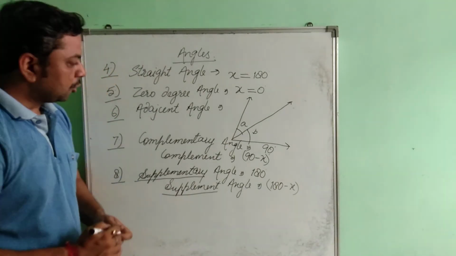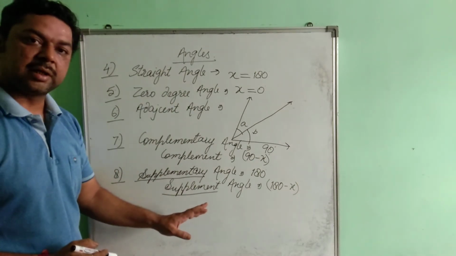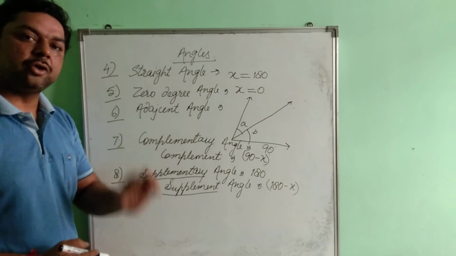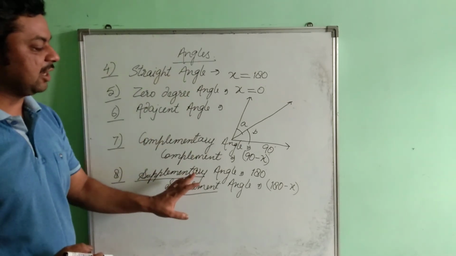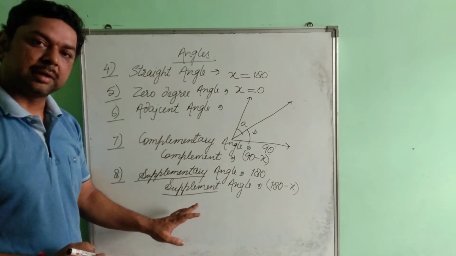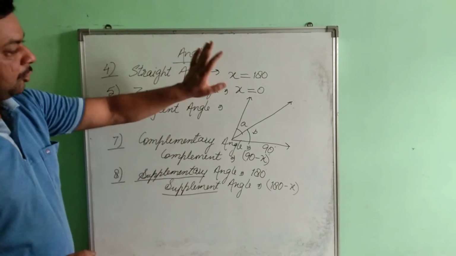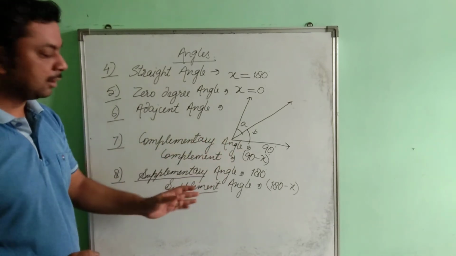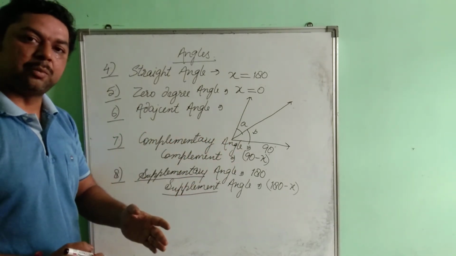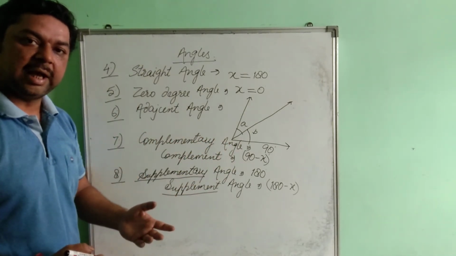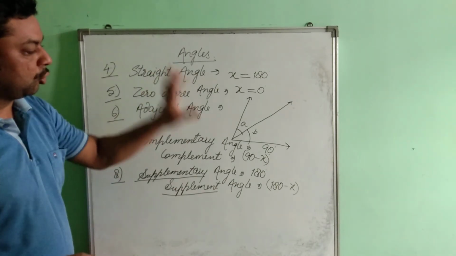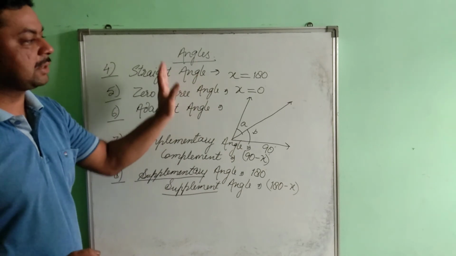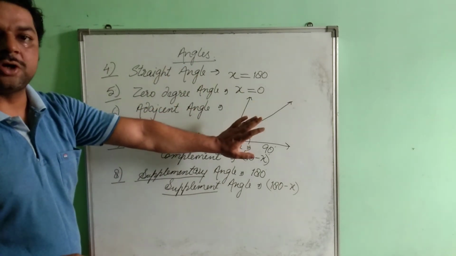Okay, just go through these topics once again from the book, and make sure that in your notebook you write down the definition of each one of these. I hope this is clear. So that when we meet tomorrow, we are going to discuss the exercise. So just go through these topics once again and write these definitions in your notebook.